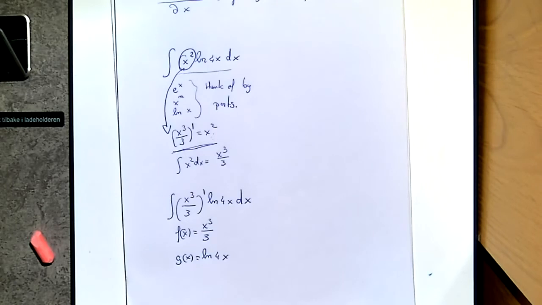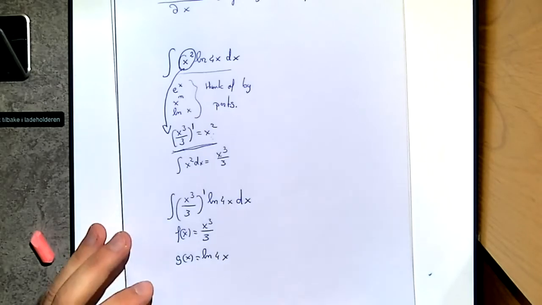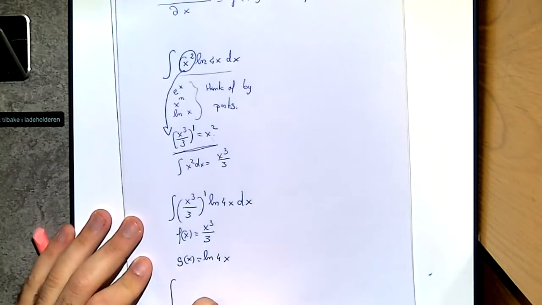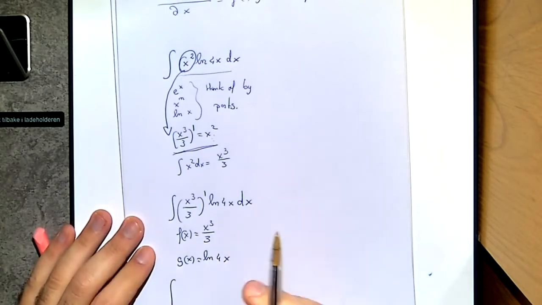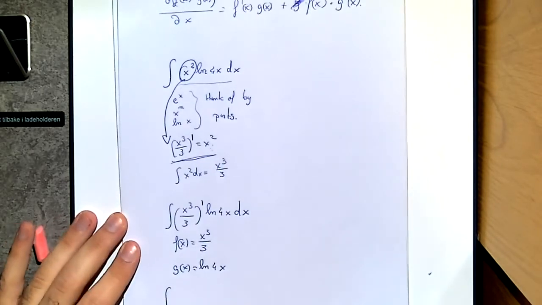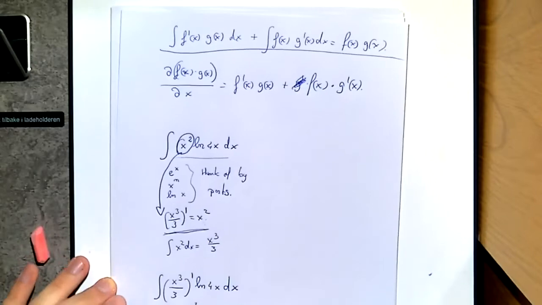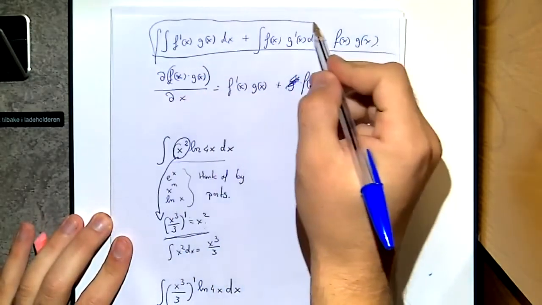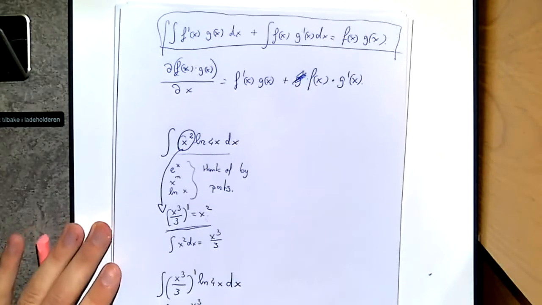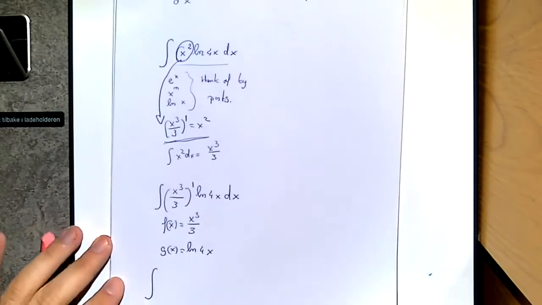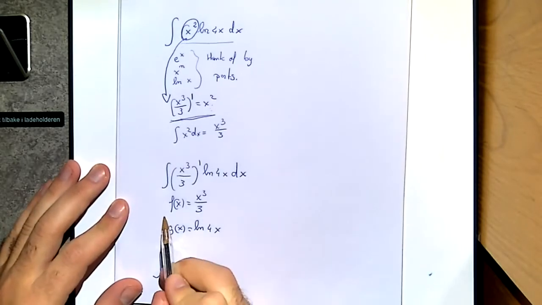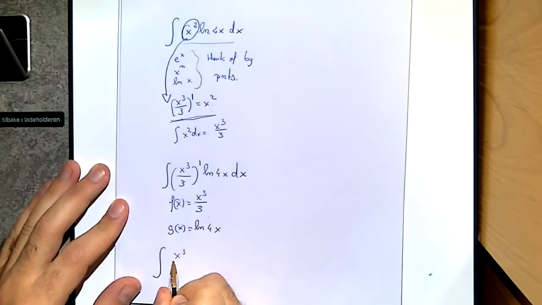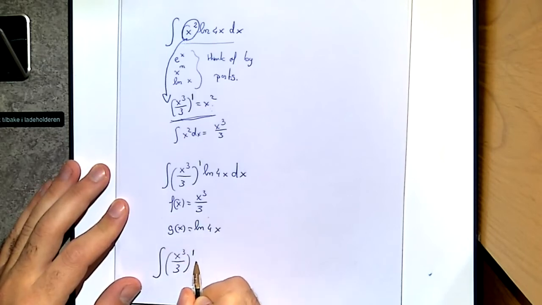So let's just write the formula using these notations. What is my formula? My formula is the integral of... can I zoom more so you actually see the thing up top? I can't, but you have it in your notes. This is the equation I'm using, which is the by parts formula. So I'm just going to replace with my values inside of it. f of x is x to the third over 3, so it's x to the third over 3, everything prime, multiplied by g of x, which is log of 4x